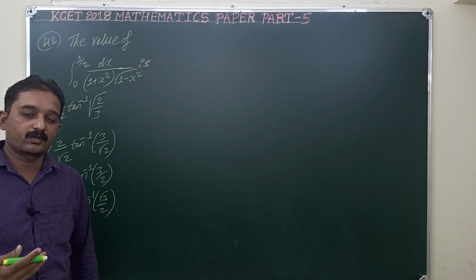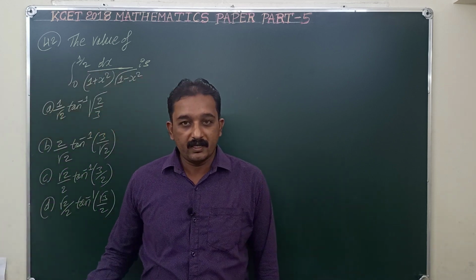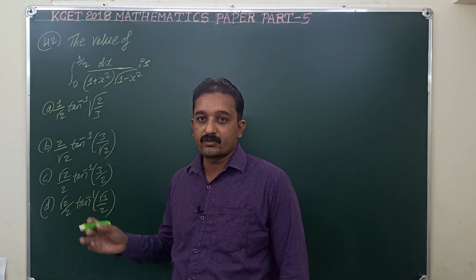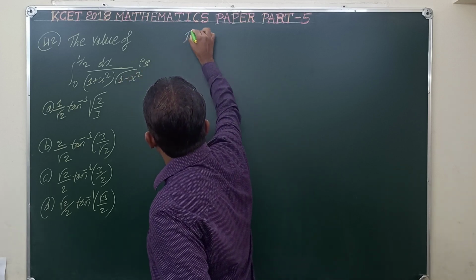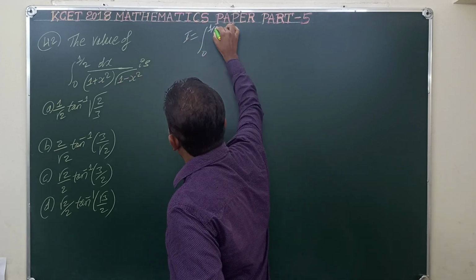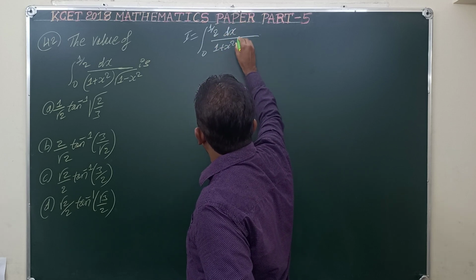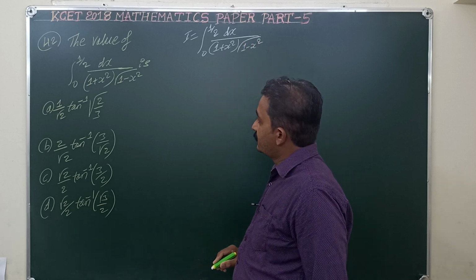So now let us move on to question number 42. Once again this question is based on the chapter integrals, particularly finding the definite integral by the substitution method. So let us take in this case I equal to the integral from 0 to 1 by 2 of dx divided by 1 plus x square into the square root of 1 minus x square. Here we take a substitution,